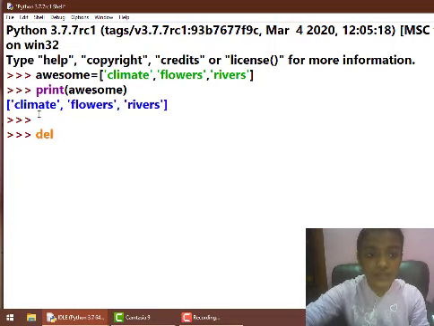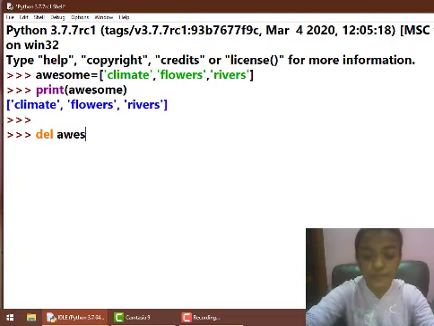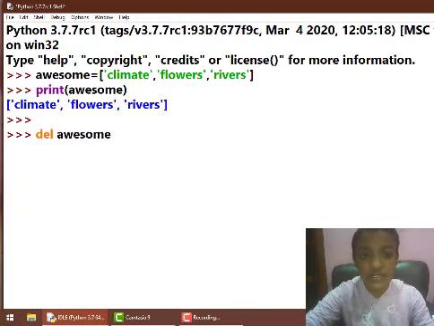For example, here the variable awesome carries our entire list: climate, flowers and rivers. So I have to type in the variable awesome near this del, and after this I have to mention the index which I need to delete from the list. In Python the index number begins with 0.